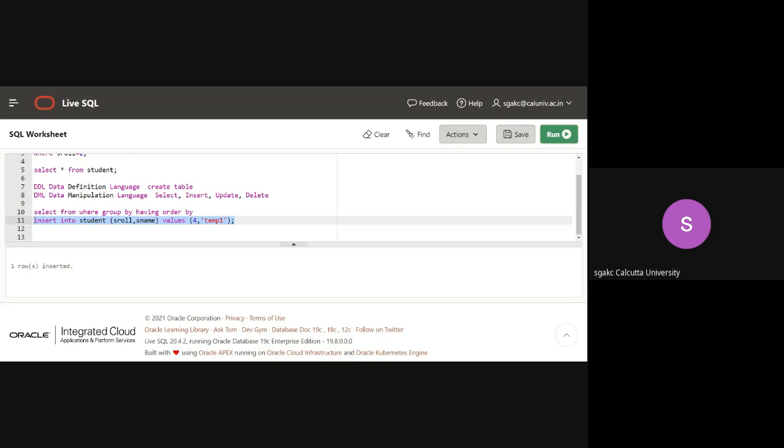So what is the advantage of this? Now you can change the order also. So I can bring S name over here, and I can put S role over here. And I can use a value 5, and I can use maybe temp 2. So now see, I am changing the order.